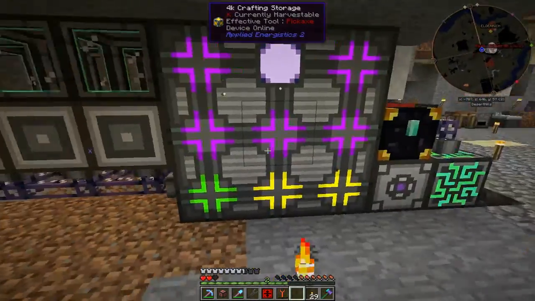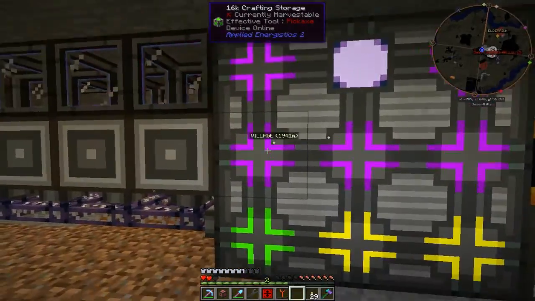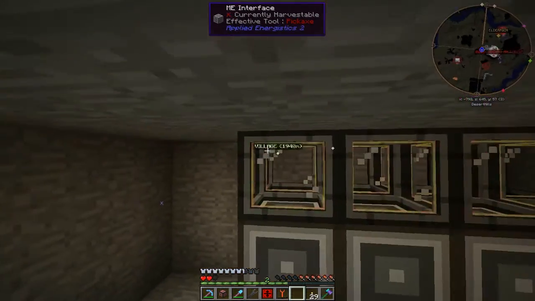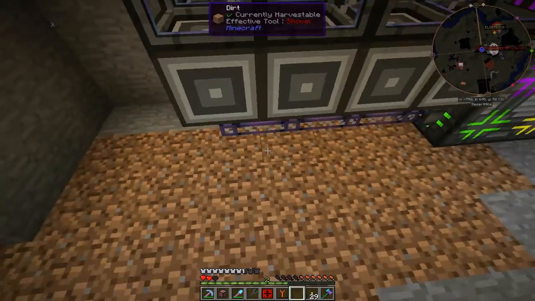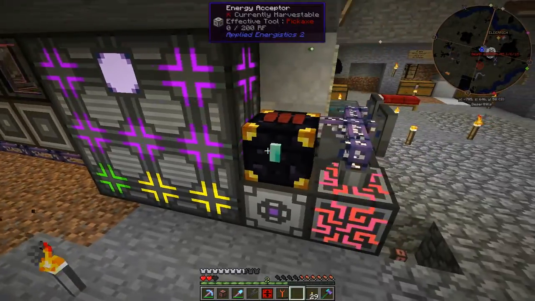So I made a bunch of this stuff. This stuff was very expensive and took the longest grind, so I'm glad I didn't actually do this on camera, as well as all these back here. I have 8 of these ME interfaces with 8 what are these? They're modular assemblers, and we have them all basically filled up with auto crafting stuff, and auto crafting stuff is